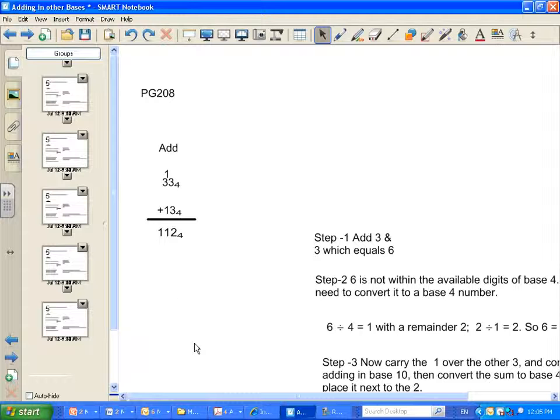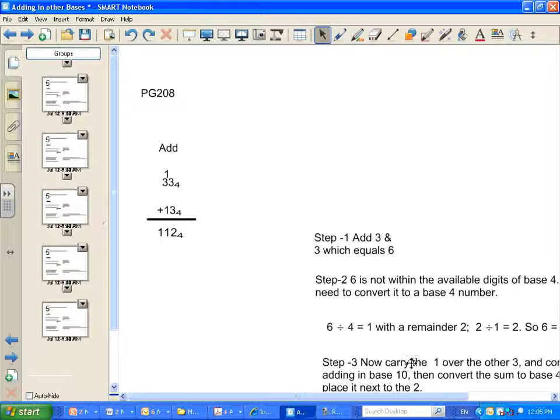But what it means is that as soon as you start adding the first column, in step one, which is like we normally do in base 10, 3 plus 3 is 6, but you can't write down 6 as your answer because the answer that you just got is in base 10. So you have to immediately convert that 6 into its equivalent base 4 numeral. And so if you're having trouble converting from base 10 numerals to other bases, this is where the difficulty is coming in about doing addition, subtraction, and multiplication, because now you got to do two things. You got to remember how to add, subtract, and now you got to do this conversion process.